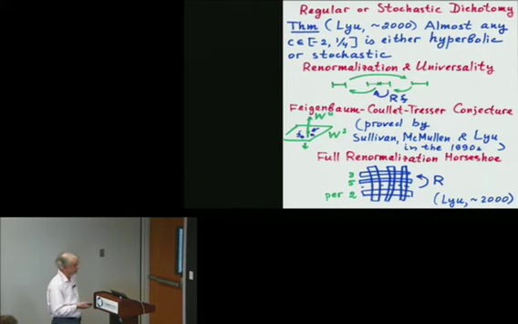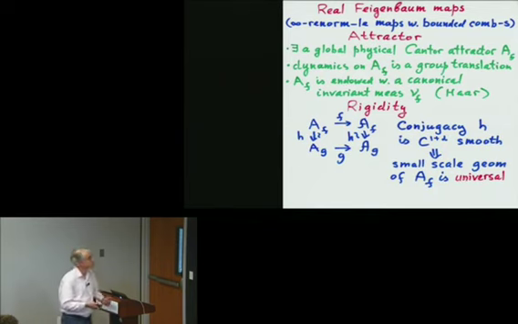But let me now try to tell you just a little bit what I mean by the universal small-scale structure. So what kind of universal small-scale structure comes out of this picture? Let us take a real Feigenbaum map, some map which is infinitely renormalizable, say with period 3. Every time, every renormalization, it is stationary combinatorics with period 3, for instance.